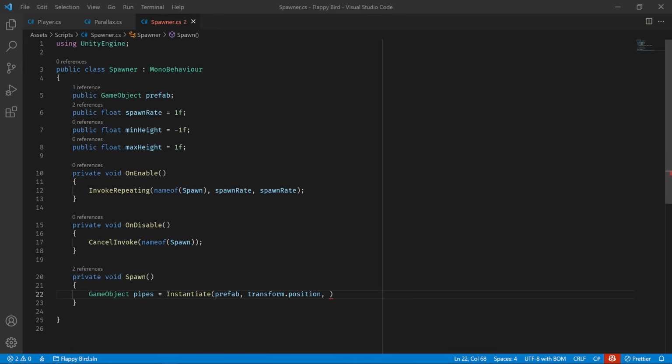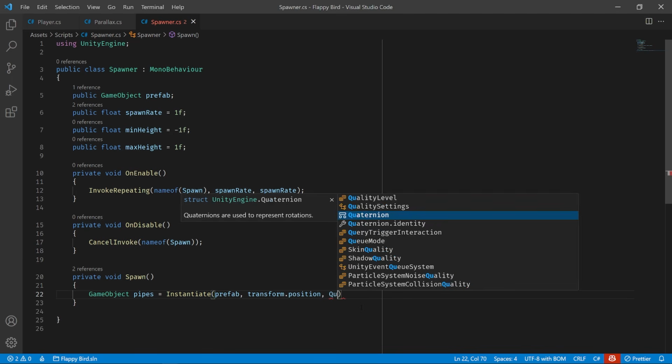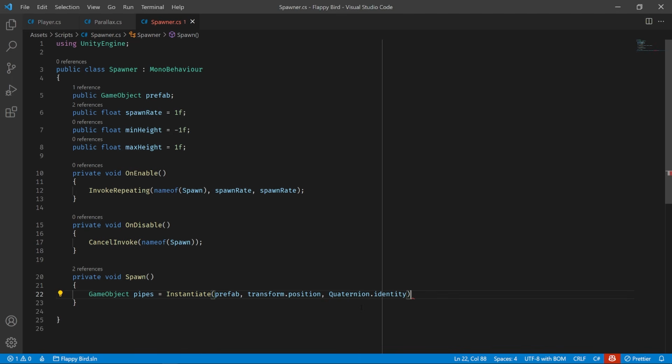And then same thing here, we can pass in the rotation. They don't need to be rotated at all. So we can just say quaternion.identity is essentially no rotation. And then finally, we want to adjust the position of the pipes either up or down based on a random variable between these. So we can say